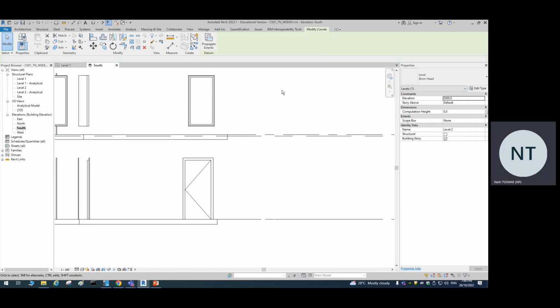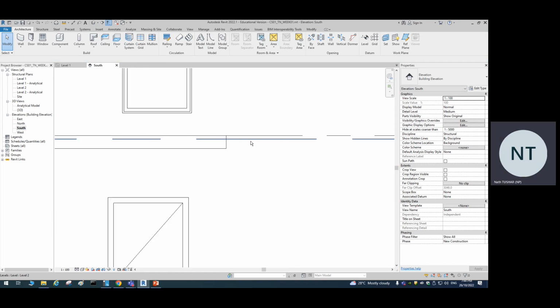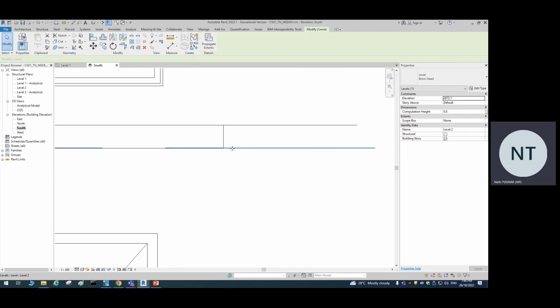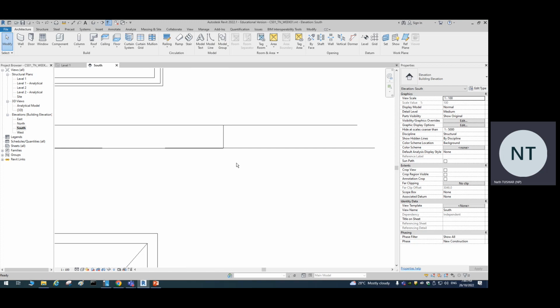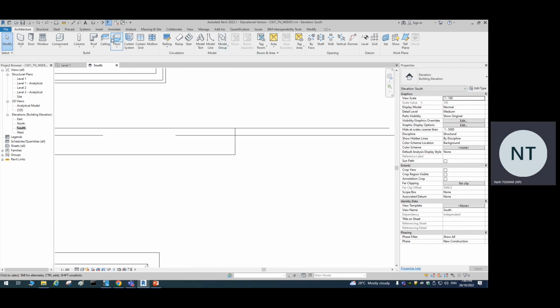Now to do that, there are a few ways. Just take a look first, later you all do. I can just select on it and move it like this, but this is not going to be accurate. This requires a little bit of experience so that you can bring it very accurately. So that's not the right way to do it. I'm going to bring it back to that position. The best way to do that